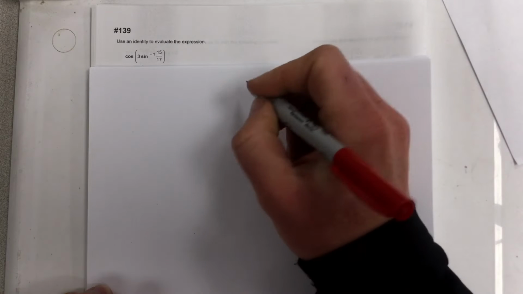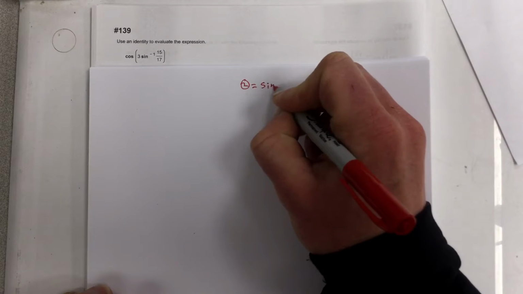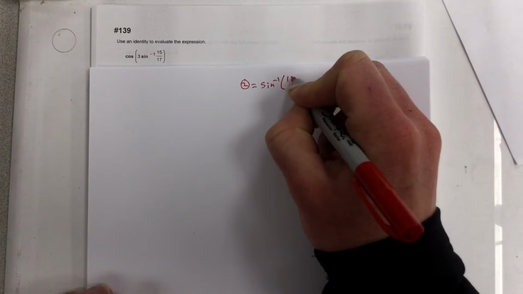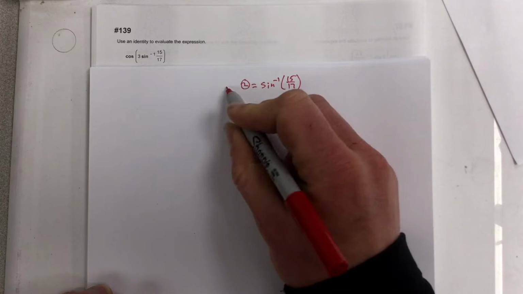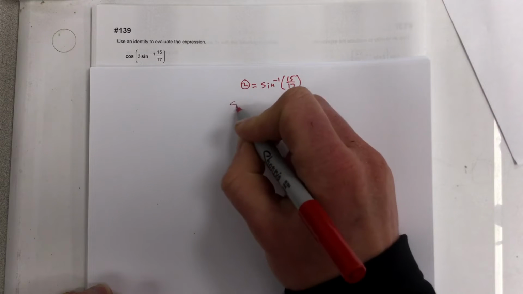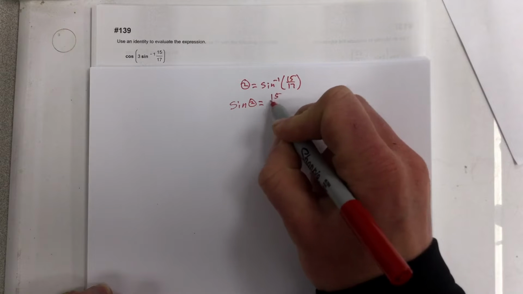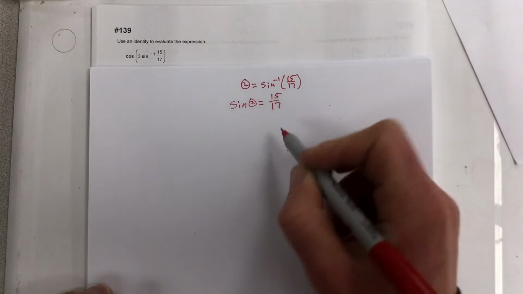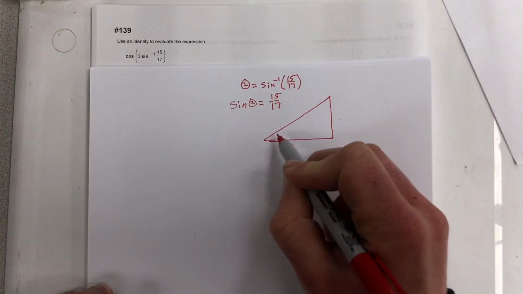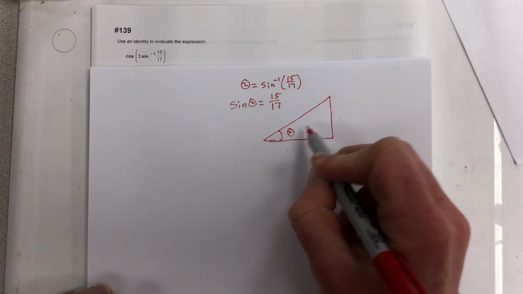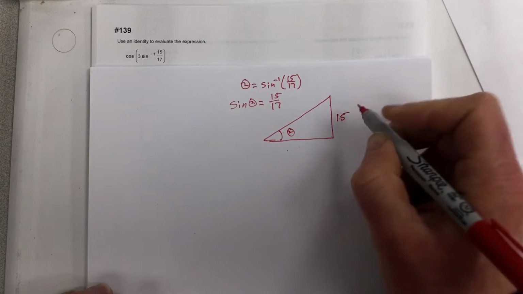15 over 17 is really just theta. So theta equals sine inverse of 15 over 17. Which means if I take the sine of each side, that's really just sine theta equals 15 over 17. Which means I can draw a triangle, label this angle theta, and if sine is 15 over 17, then that means the opposite side is 15, the